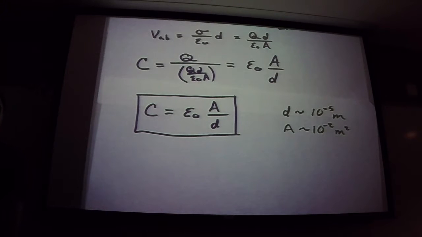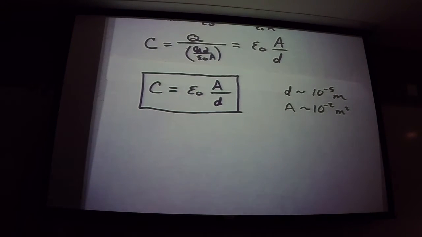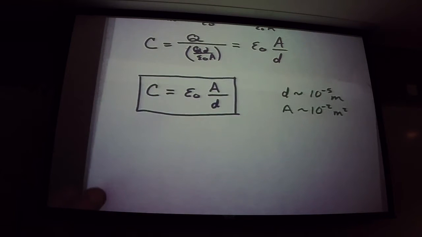Is that negative fifth or negative sixth? Negative fifth there and negative 2 there. Okay? Now there are ways you can make the plates closer together or the area larger, but most capacitors are rolled up, if you will, to try to make the area larger. And there are other designs. But for this case here,